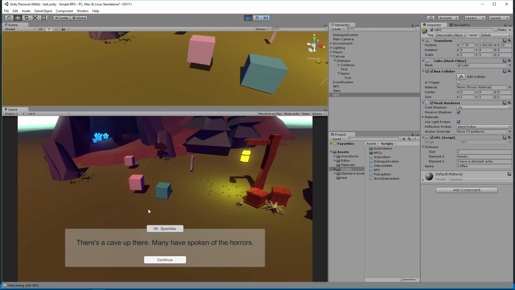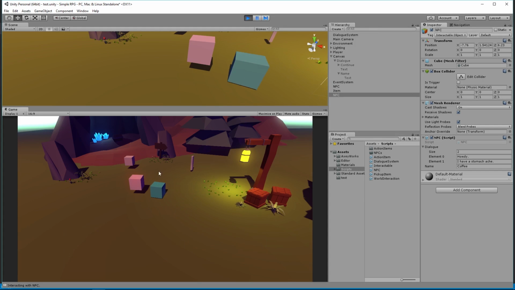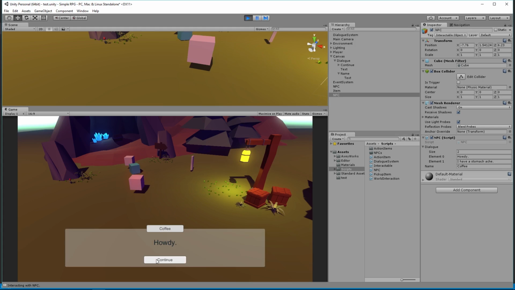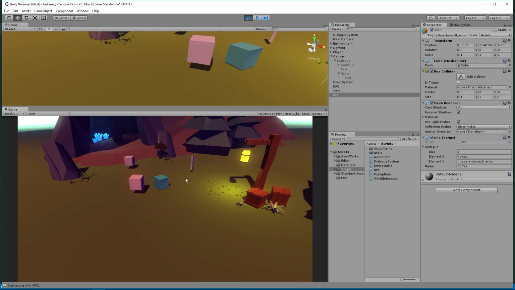And I'm going to click on this NPC. Yep. And then we'll click on this NPC. Howdy. Coffee. I have a stomachache. Oh, poor guy. And this item does item things. Cool. So that is the